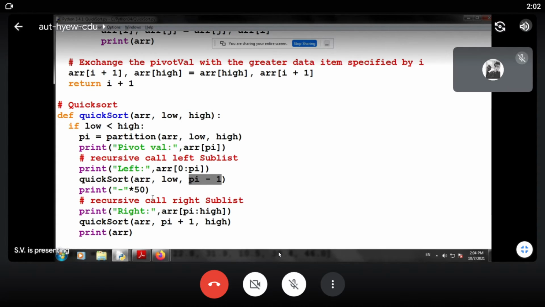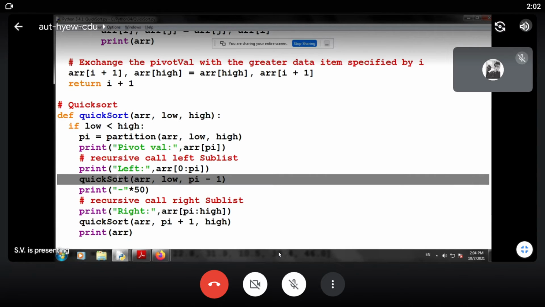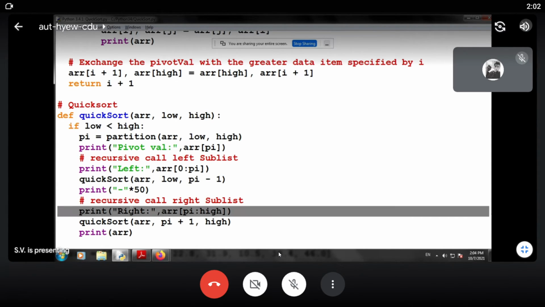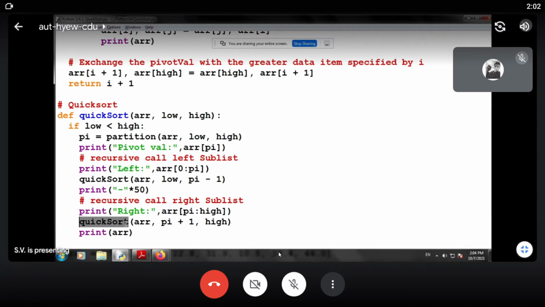After execution of quicksort recursively on the left subtree, the right subtree gets executed. So we have the right partitions. I've printed the left partition and right partitions. And over here we have the parameters. Now low is going to change in right partitioning, and high is going to be static.